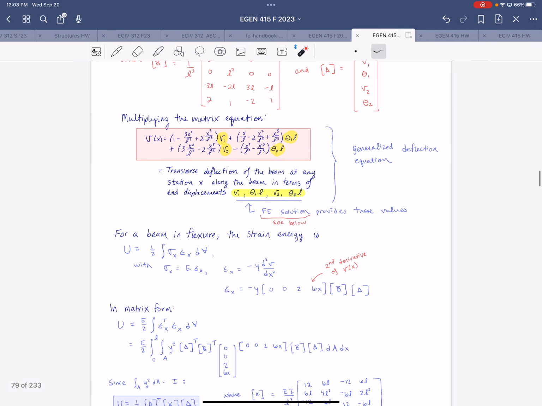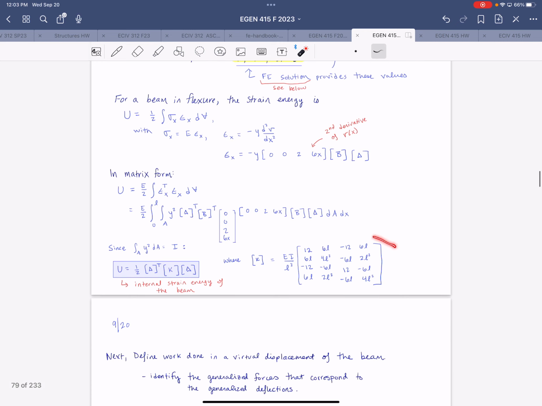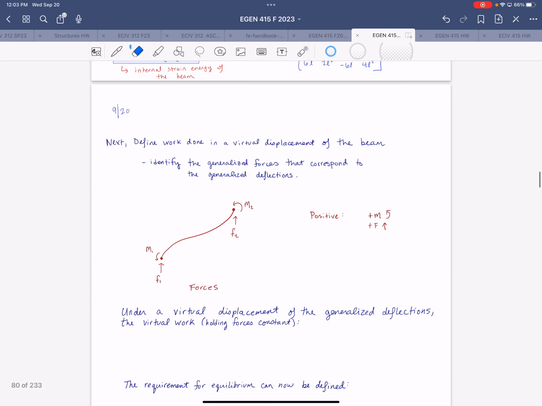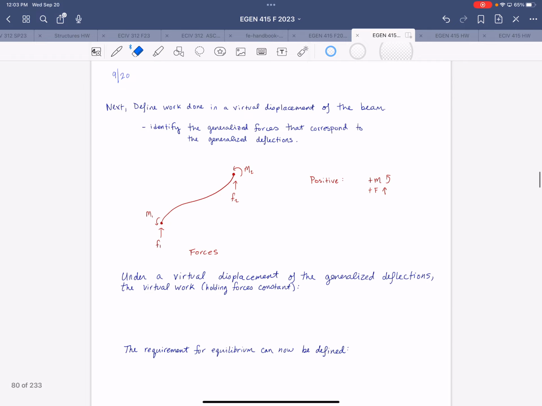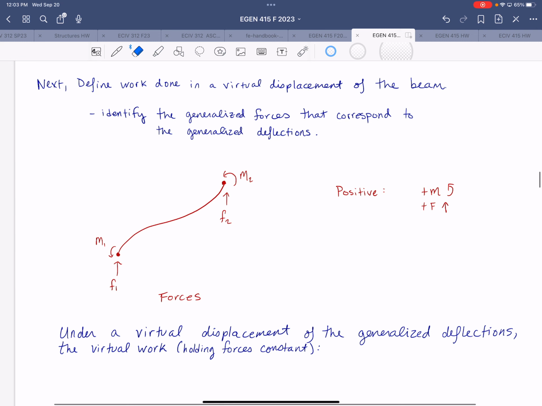Constant matrix, and then from there applied the strain energy approach to obtain this expression for beam stiffness. So now we just have a little bit left to do to complete this process. We're going to define the work that's done in a virtual displacement of the beam. In order to do that, we're going back to this generic